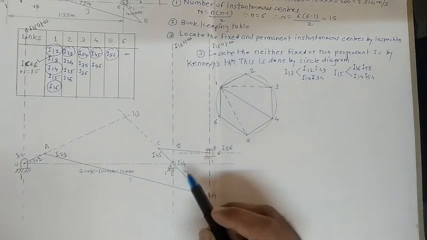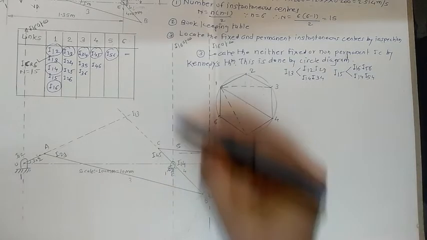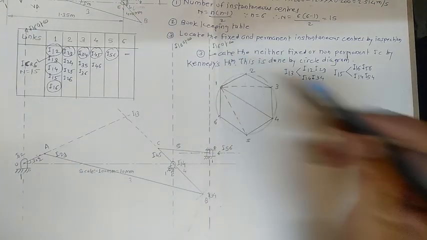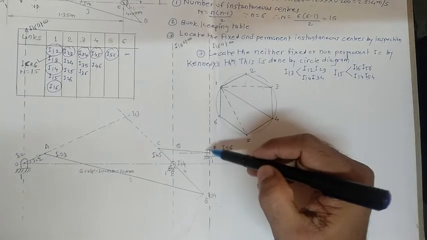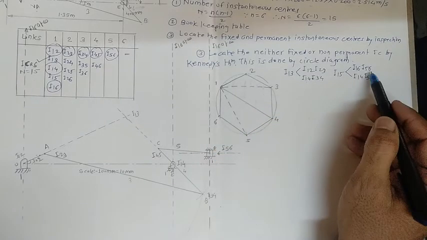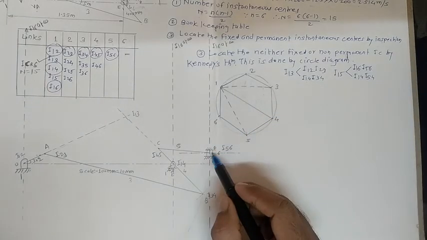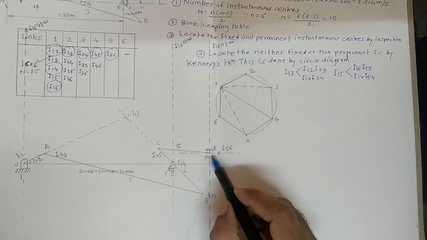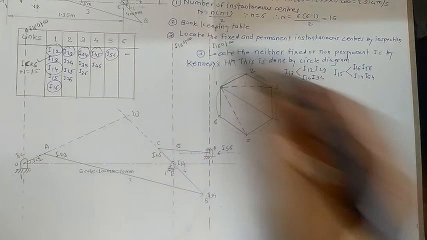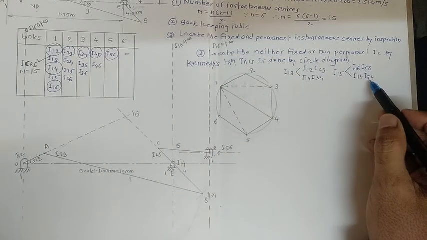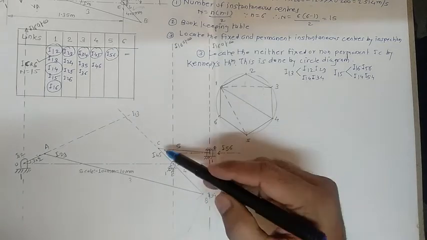So I16, 56. Just find out the location for that I16. This line indicates the I16. I16 at infinity we have shown already. So this is the instantaneous center with respect to that slider. Okay, so here I16, 56. Link number 5 is here, link number 6 is here. So 56 is here and 16 is here. Next one, I14 is here and 54. So 54 is nothing but 45 here.